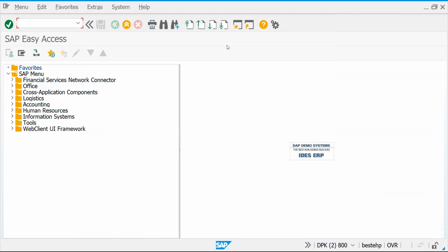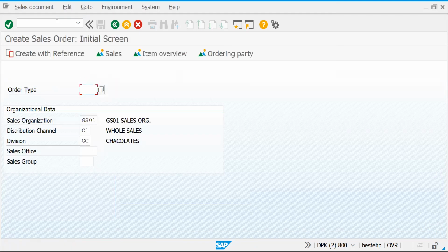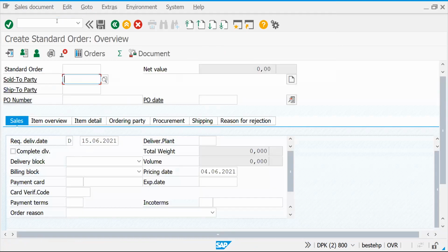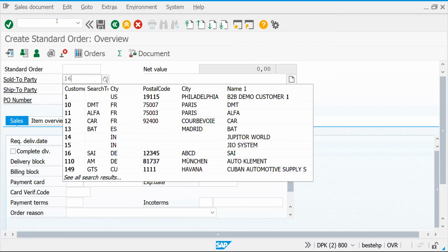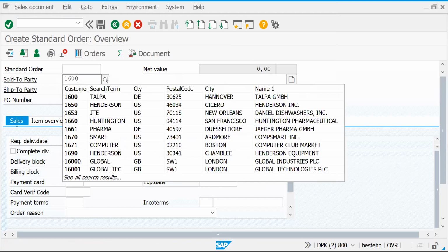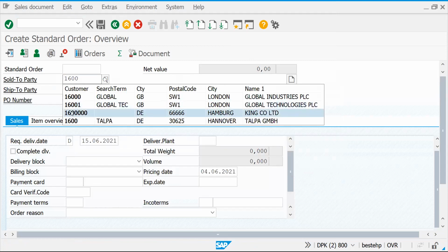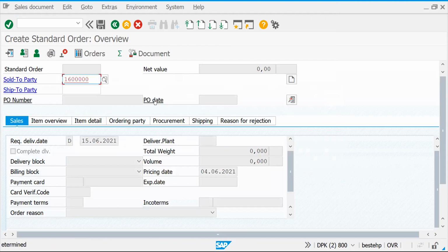So now let's try to check sales order creation, how the system behaves. Let's take the standard order document type for order creation. So what is yours? 16. See, we created this customer, right? Let's press enter. Maybe some setting is missing. Don't worry, I will get into that later, because this error is coming. Why? Because we haven't done partner determination and pricing procedure determination.